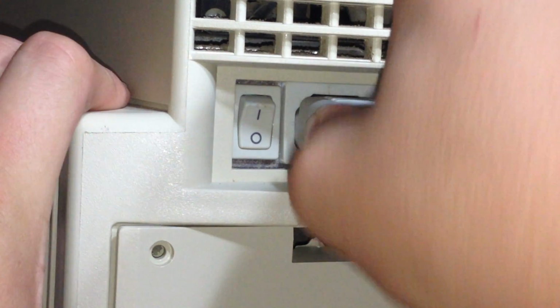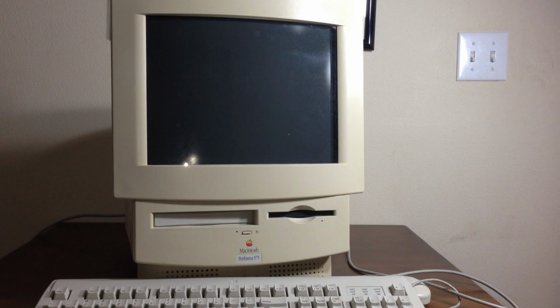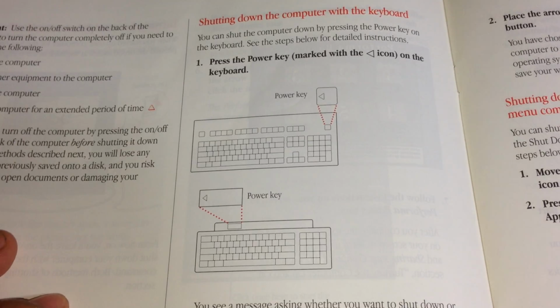The first and worst, in my opinion, is powering on the machine. Sounds simple, right? Just plug the power cord into the computer and the wall socket, then flip the power switch on the back and boom. Nothing. This confused even me when I bought the computer, being that I hadn't done too much research on it at the time. Luckily, I had the user manual, which points out that you have to flip the power switch,